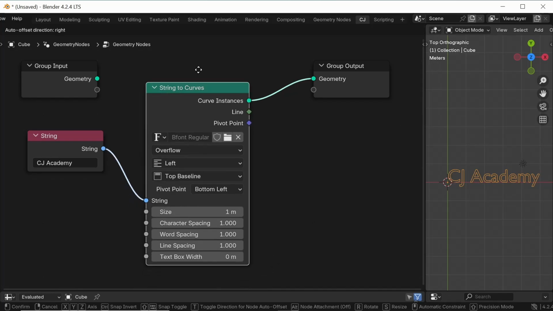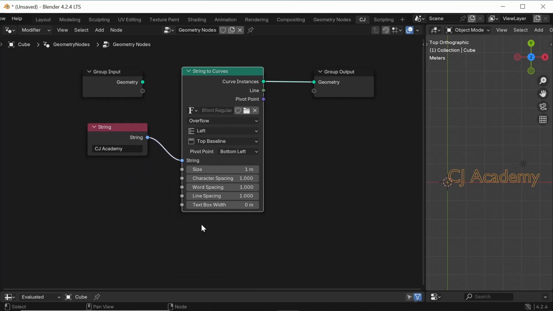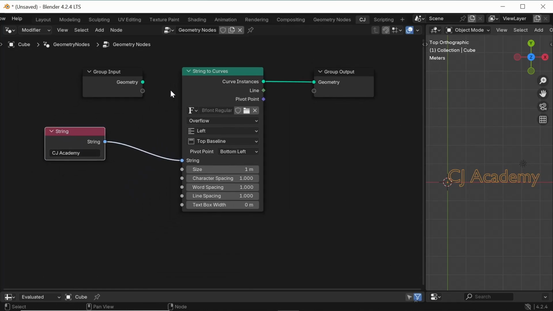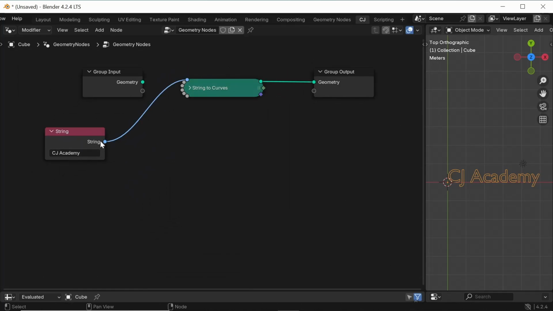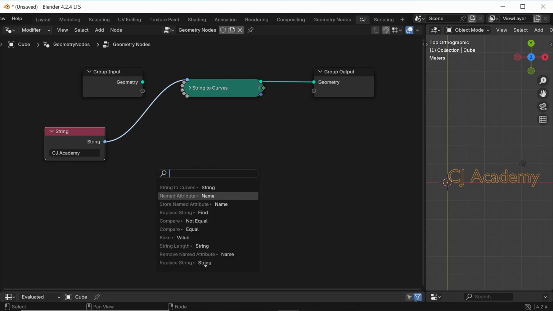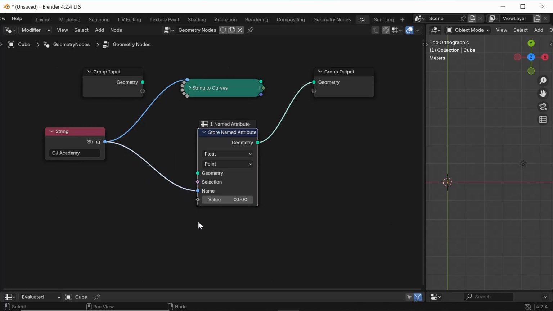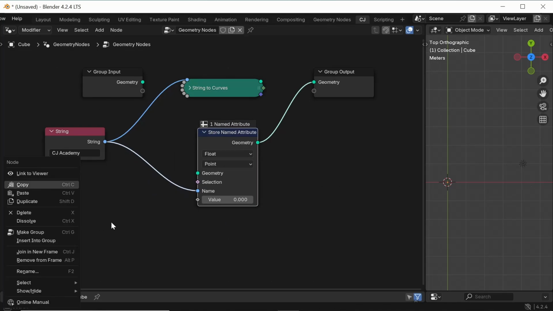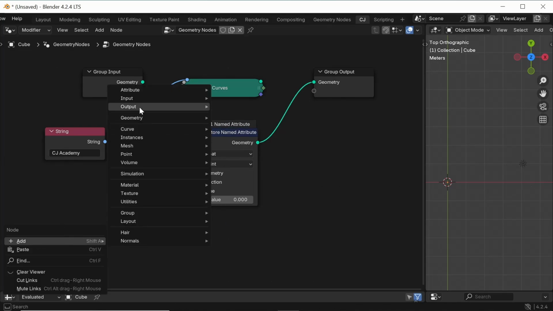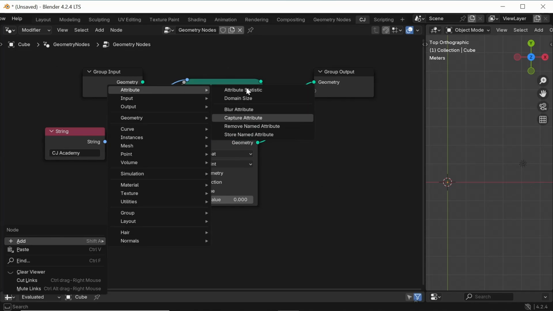Okay, this is one usage of string node. The other usage is, let's drag and release it, we'll minimize this, the attribute related nodes. So first we'll see about stored named attribute. I have covered attributes in a separate video, not in detail, but the basics of what you need to know. So you have to see that to understand better about the attributes itself. And we have a bunch of attribute related nodes here. If I go for add, so it's at the very top, but we will not touch it at the moment,